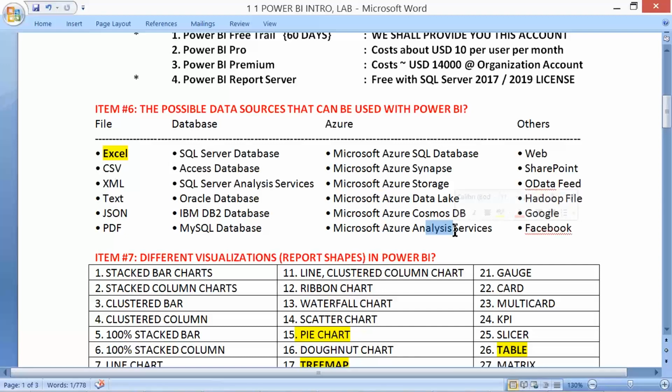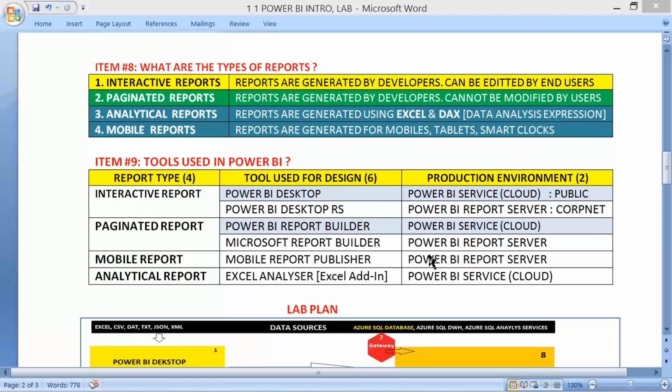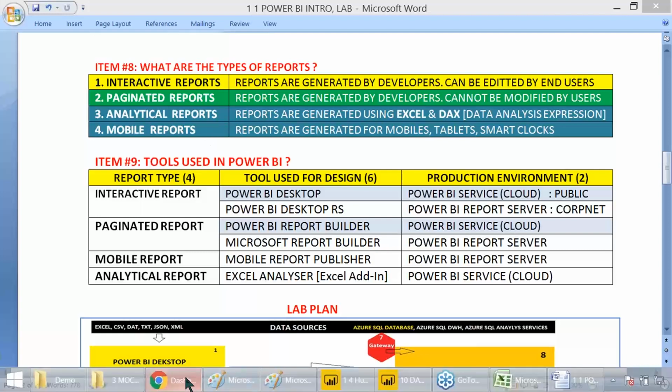Next, understanding Power BI as a reporting environment with additional data sets, data sources, dashboards, additional add-ons to report, and apps grouping reports and dashboards together. There are 4 different types of reports to understand our actual lab plan. In Power BI, we have 4 different types of reports technically.